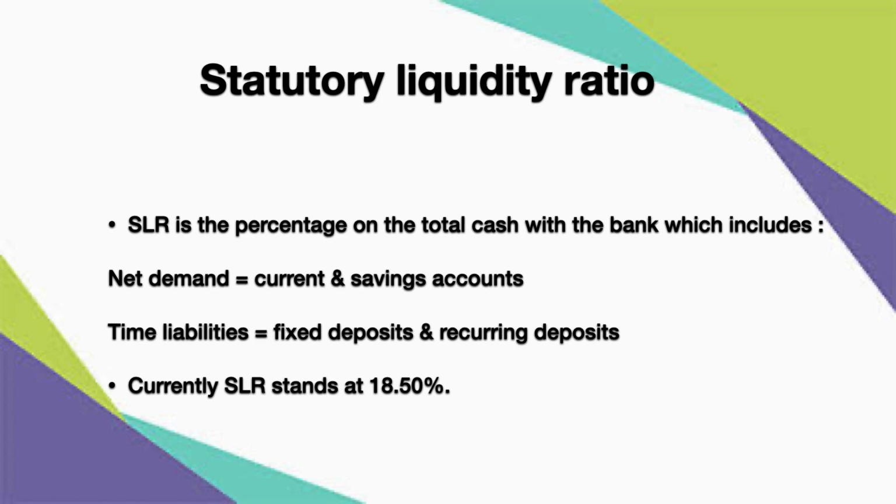Second part, time liabilities. Yes, it is a liability, but in time it's going to mature. What are those two types? Fixed and recurring, that is FDs and RDs. FD, we have learned, is a lump sum amount, a one-time investment for a time period. Opposite to that, a recurring deposit is a periodic deposit. Periodically you are investing an amount, say 5,000 every month for 5 years. That is called a recurring deposit.